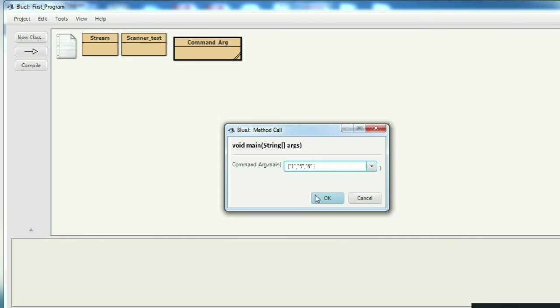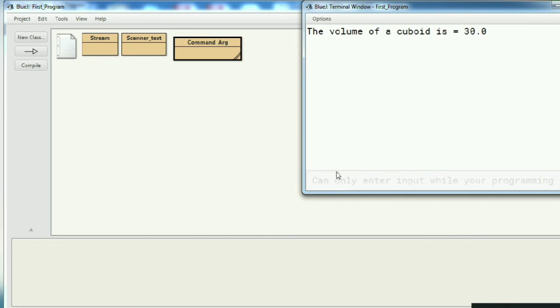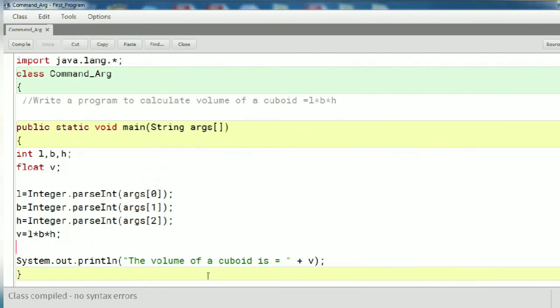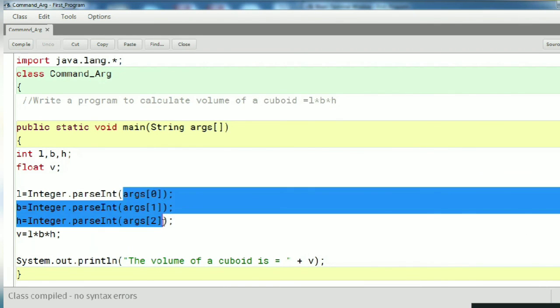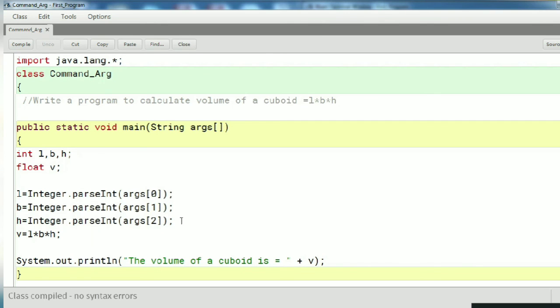Let's click on OK. See, this is the volume of the cuboid. Only 3 values we have captured, args[0], args[1] and args[2]. If I want to capture more, I have to write args[3], args[4] and so on.